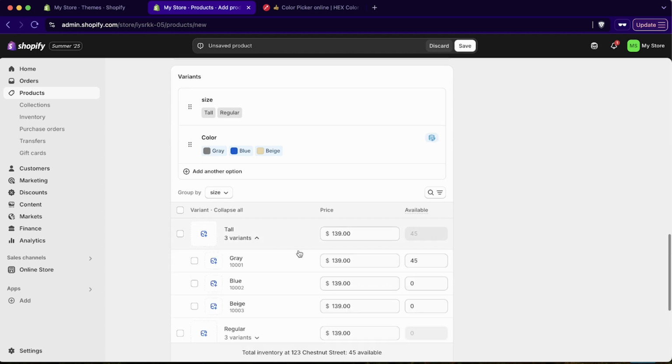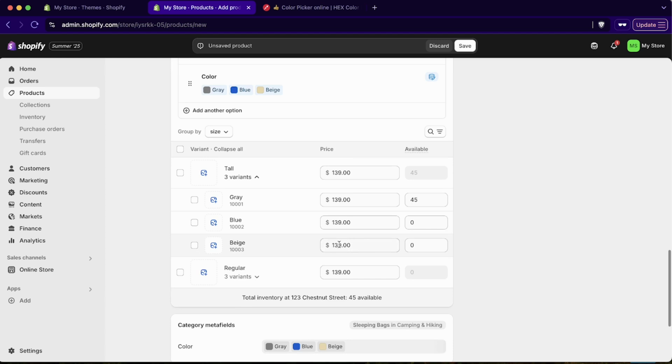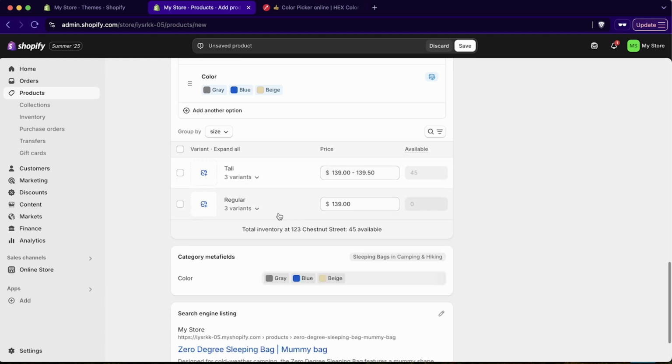If you click the drop down, you can edit them individually. So maybe beige is more expensive, and we can reflect that right here. We can make it maybe 50 cents more expensive. Now it gives us a little price range there, but if you wanted to edit all of them at once,